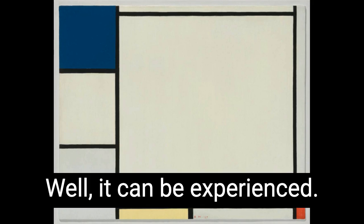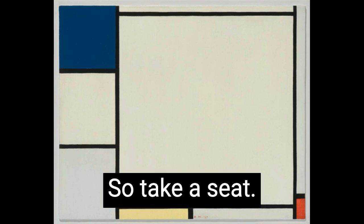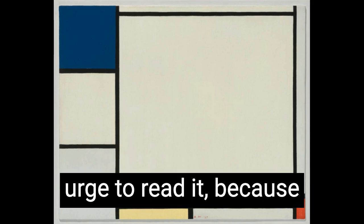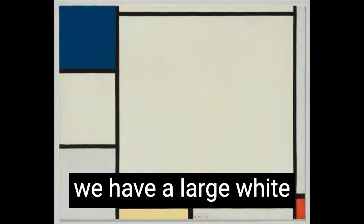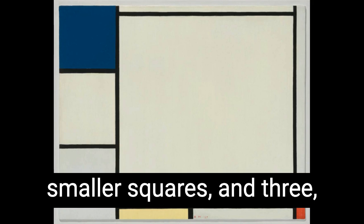Well, it can be experienced. So take a seat. Stare. It is hard to resist the urge to read it, because that's how we've been trained, so give it a try. Well, in a sea of squares, we have a large white square that's slightly off-center, surrounded by smaller squares,